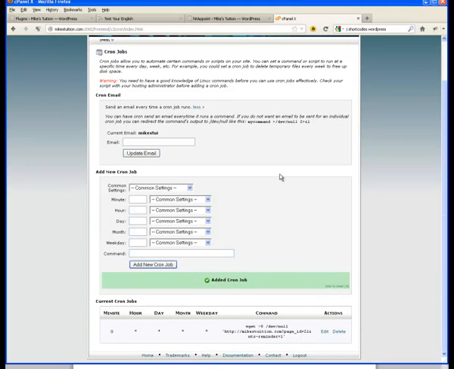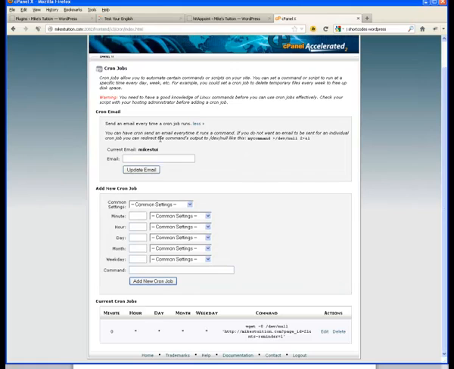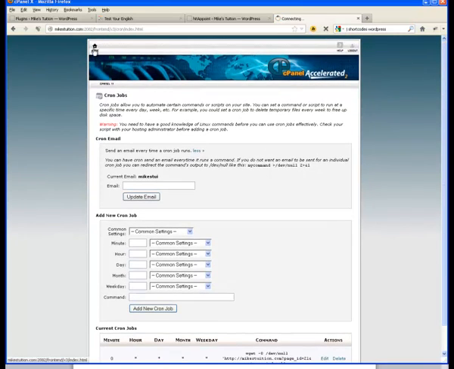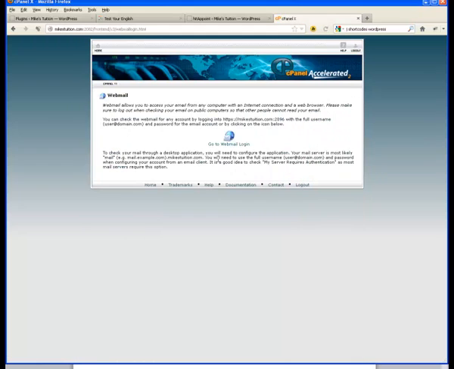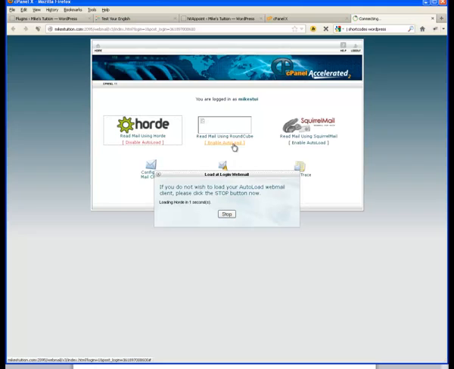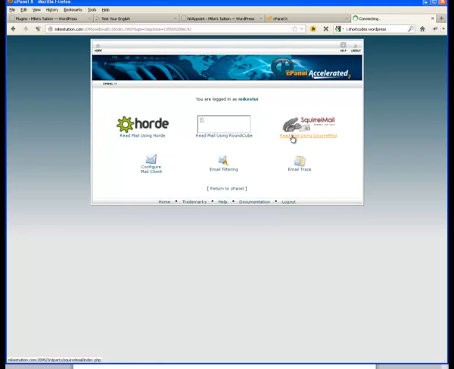Now the other thing to think about is that each time this cron job runs, it's going to send an email to the Mike's TUI email address, and nobody's probably monitoring that address, and that's fine. So I'll just show you how to monitor it if you really want to. In fact, you can access all the webmail accounts through this link here. Go to webmail login,